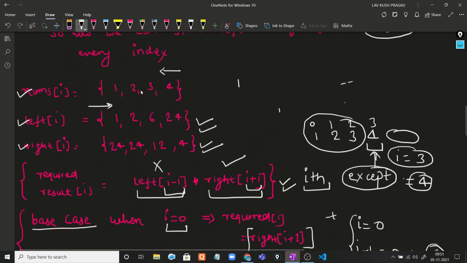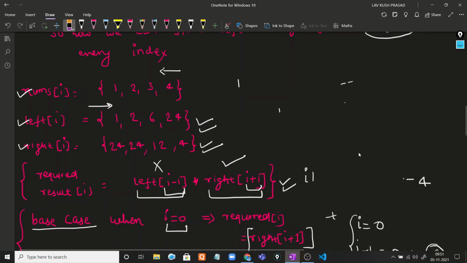So this is the thing. Let's find the required answer and required vector. For the current index, let's suppose the indices are 0, 1, 2 and 3. For the case i equal to 0, we neglect the left part.